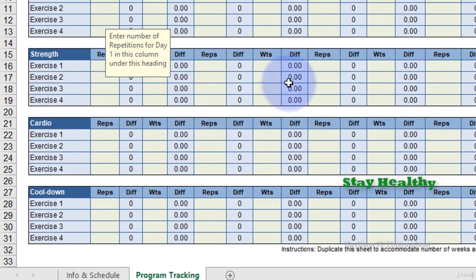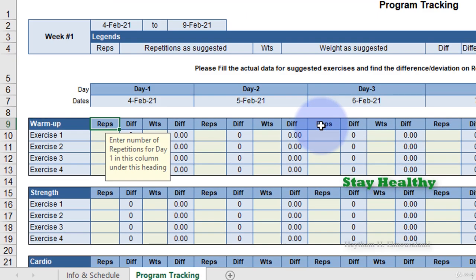And in this way you can track your performance based on actual and planned values of your exercise. And this is the third template in this lecture, about the exercise planner. Okay,